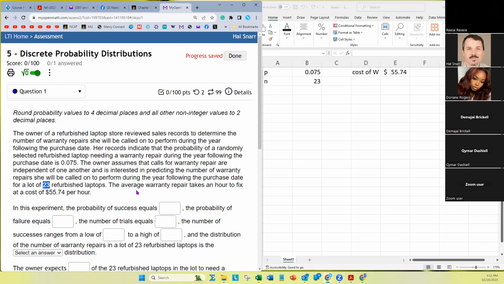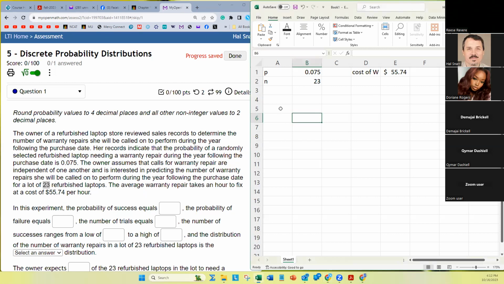Okay, so what kind of distribution is this? What kind of discrete distribution is this? Does anybody have any idea? Here's a clue, right? When she's calculating the probability, what are the outcomes of these 23 refurbished laptops? The laptop can be what? Warranted in a year, or